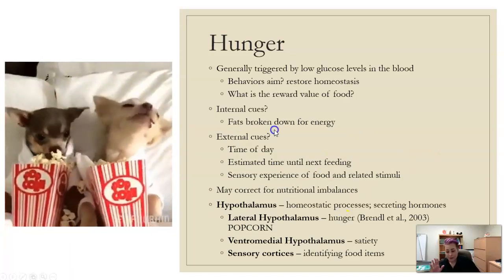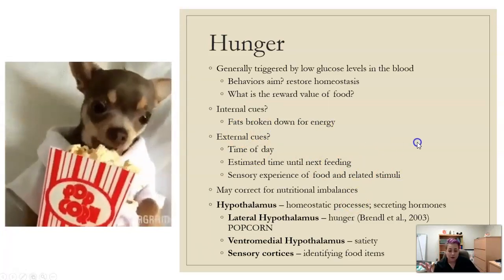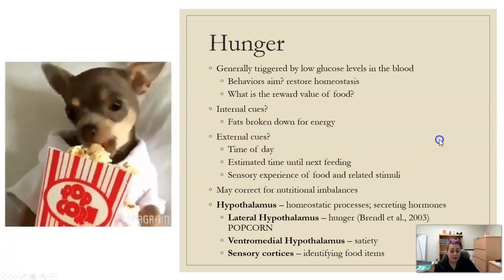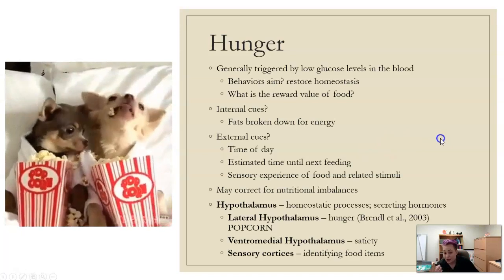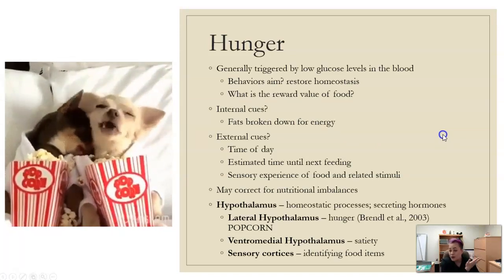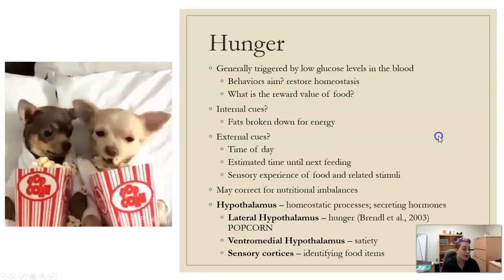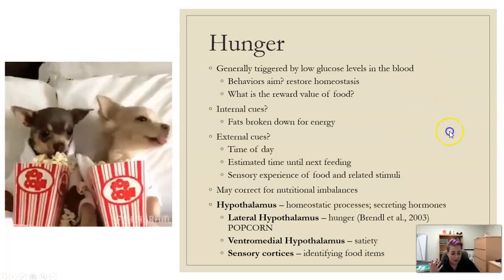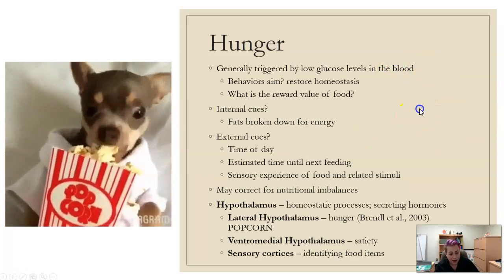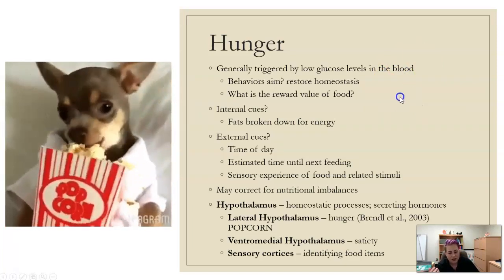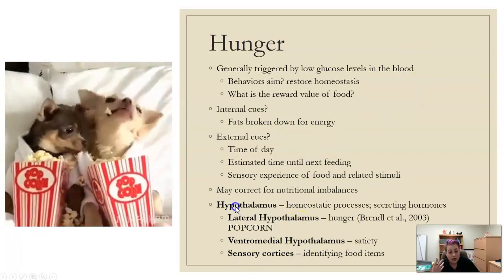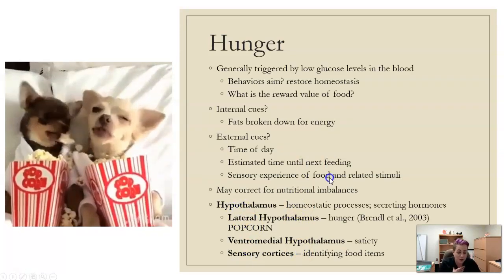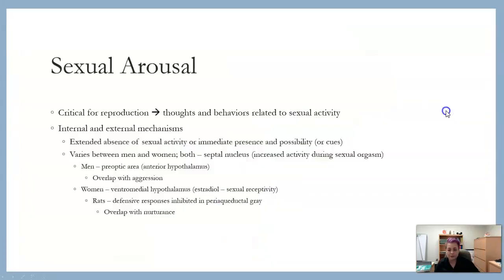But then you have your sensory cortices that are also going to play a role in helping you identify food items, right? Your smell, your sound. You hear that microwave dinging. What are you making, parental unit? I'm quite hungry. So those sensations are also going to help in triggering that hunger. And these are more external things, those sensations. But the internal has to do with what resides inside of you.